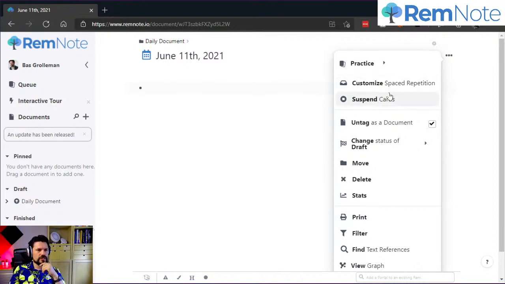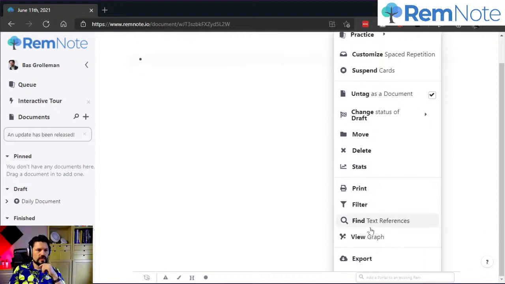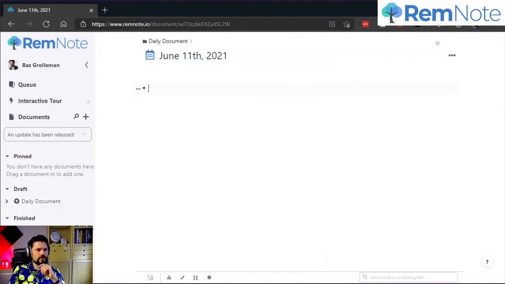Customize, that's like the spaced repetition thing. Suspend, I can tag things. Smooth delete, view stats. That sounds interesting. Graphs, always a big win. And basic stuff like printing, filtering, and finding things. So now let's get started